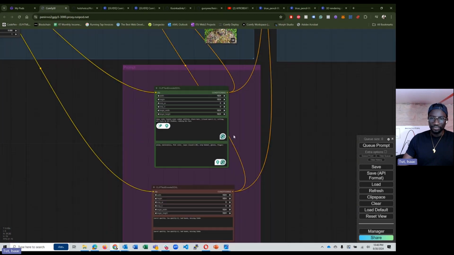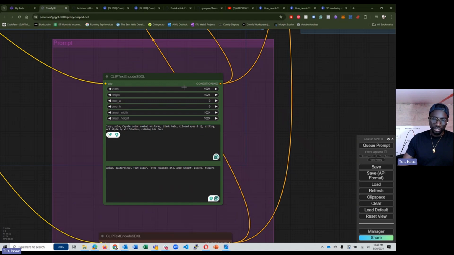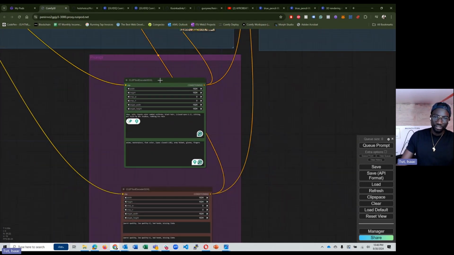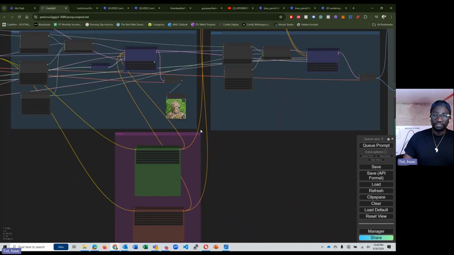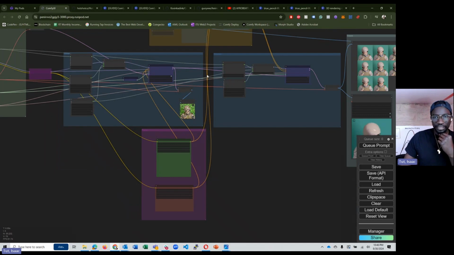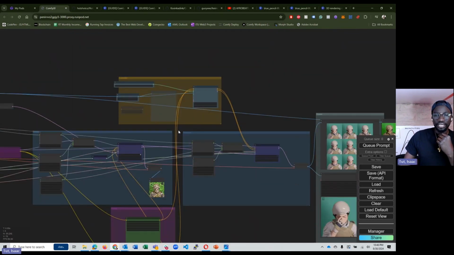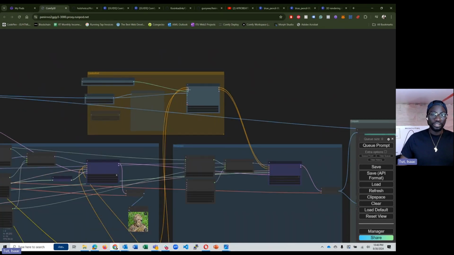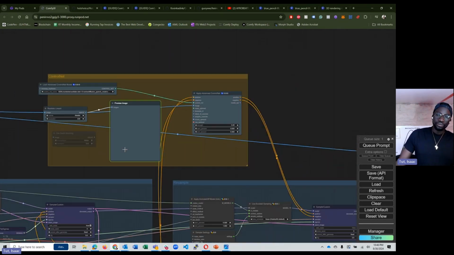And same thing here. And of course, you can control the width and height that you're doing with this, and a couple of other things. So it gives you a bit more control. You can leave a bunch of this as default, and you'll be fine. The other thing that is different from the default workflow is the ControlNet. And so